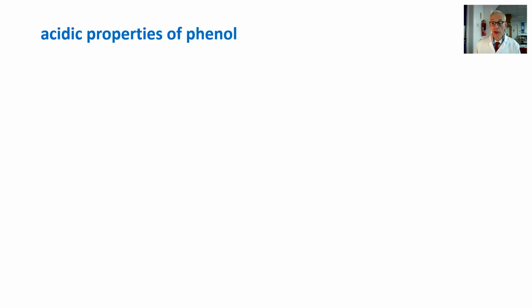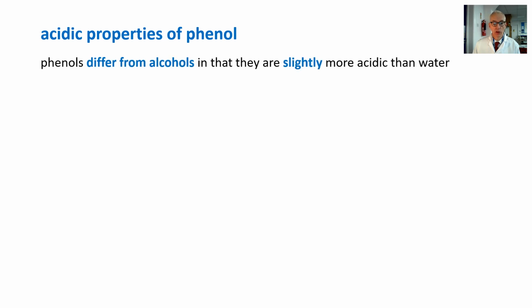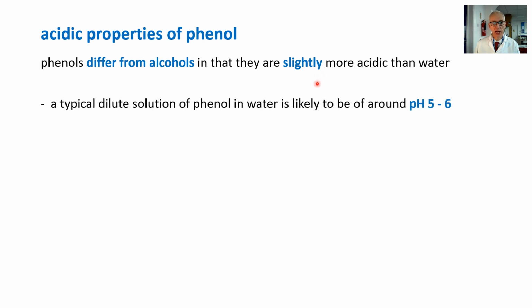So we'll start with some straightforward acid-base properties of phenol. And phenols differ from alcohols, so it's important to realize phenols are not classified as alcohols. They differ from alcohols in that they are slightly more acidic than water. So in other words, they are weakly acidic, and a typical solution will have a pH of around between 5